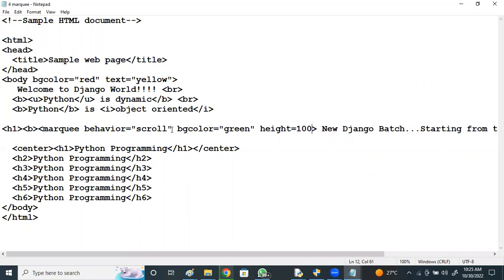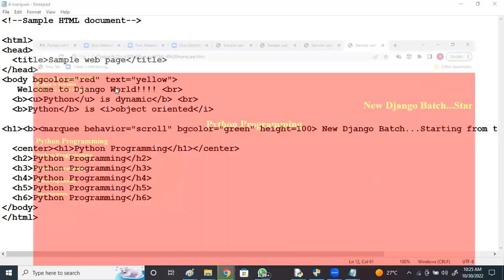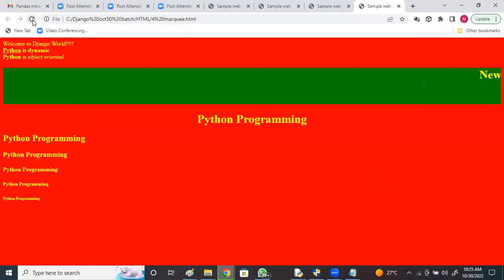Let me check with these features, right? How it is going to work. New Django batch starting from it comes. What does scroll mean?